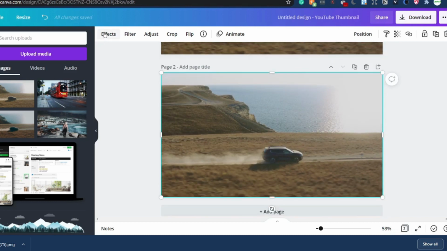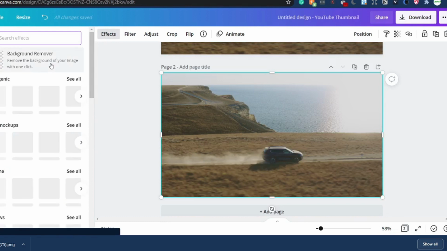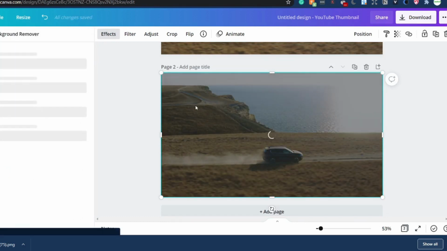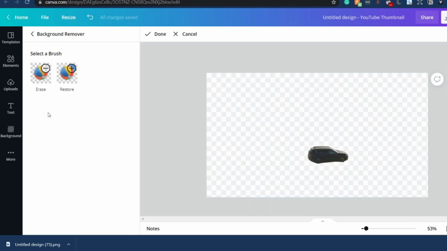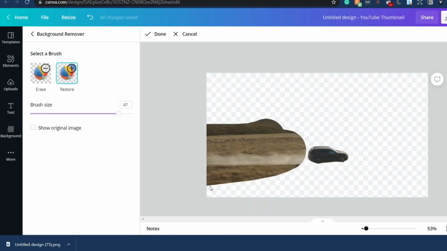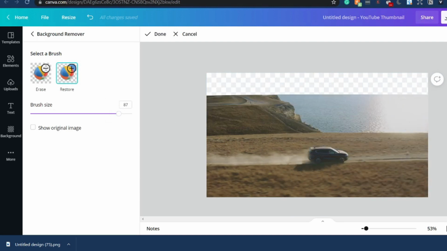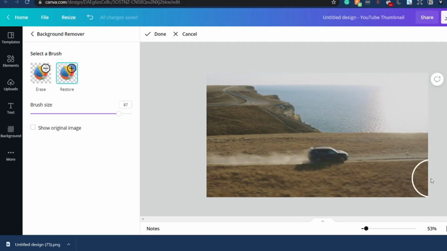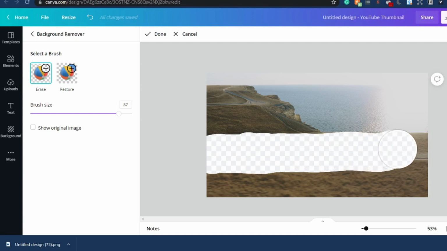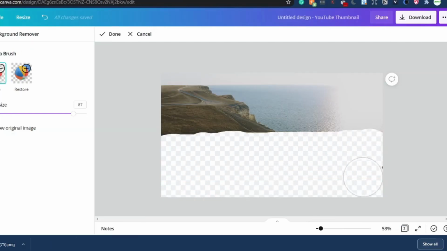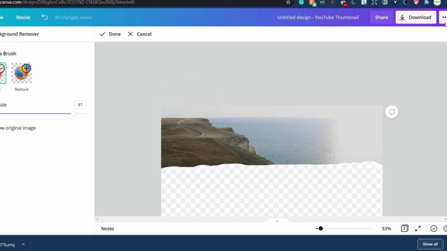So now here you will click on effects and again click on background remover, and again as you can see, we just have the car. So I will click on restore. I will increase the size of the brush and restore everything, and now I will just click on erase and I will erase this part below. So as you can see, I'm taking that line as the reference and I will erase this part. Now I will simply download this